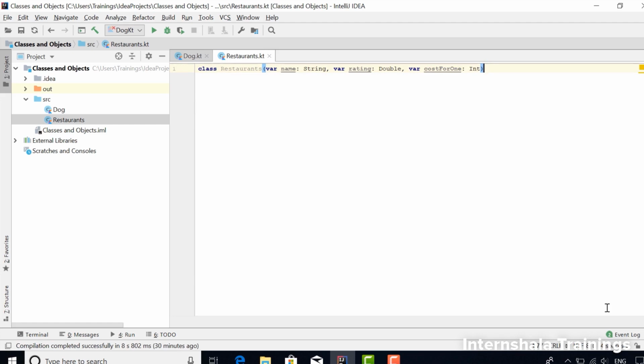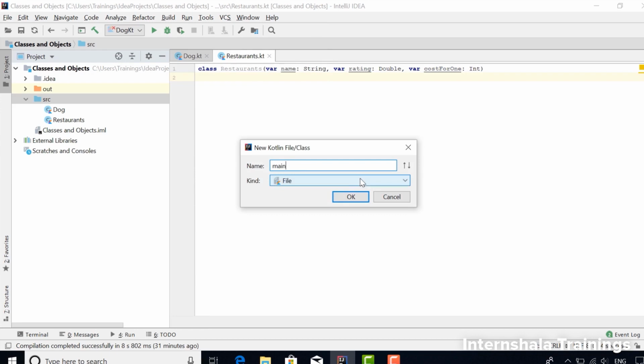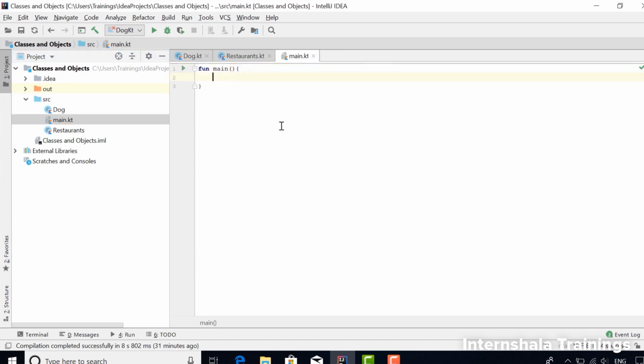Let's create our main function now. But this time we will create it in a separate file. Now let's create 5 objects for the class we created and pass the values in the parentheses.